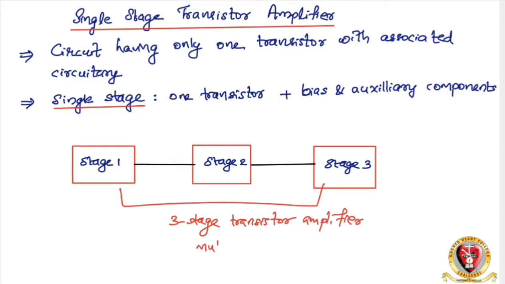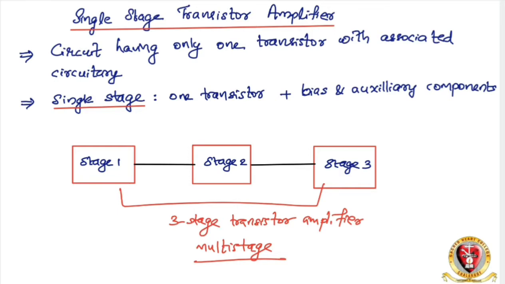So this multi-stage amplifier has three stages. Now you can differentiate between single stage and multi-stage. Single stage means only one transistor with its bias and auxiliary components. Multi-stage means more than one stage. So